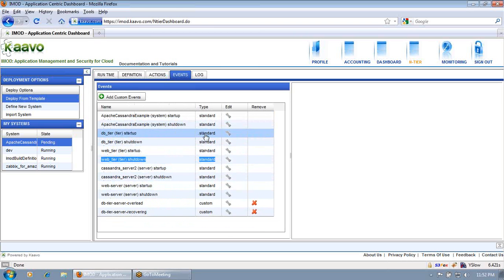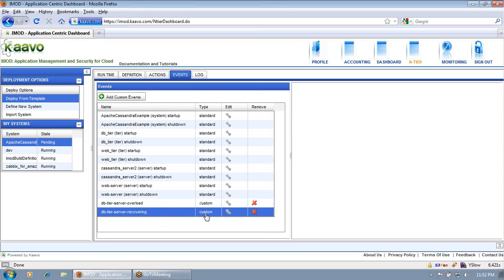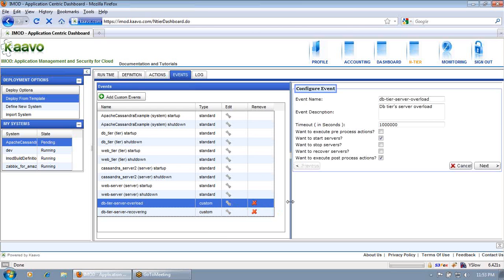So there are two types of events: standard events and custom events. You can create custom events also. So we have two custom events, like DB tier server is overload. If you find that one of the database servers is overloaded and you want to balance the load across each database server by adding a new server in the cluster, for that you have to call this event, DB tier server is overload.